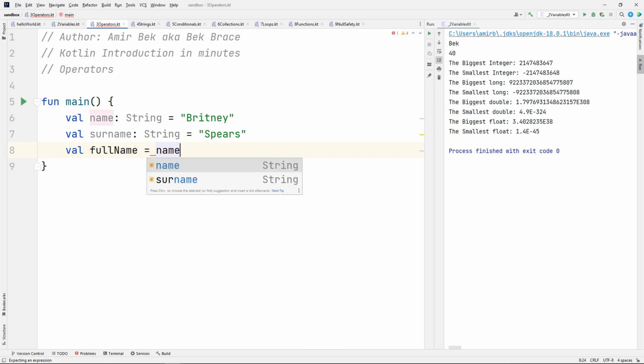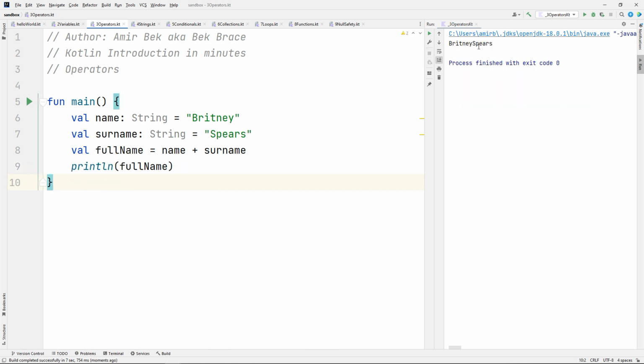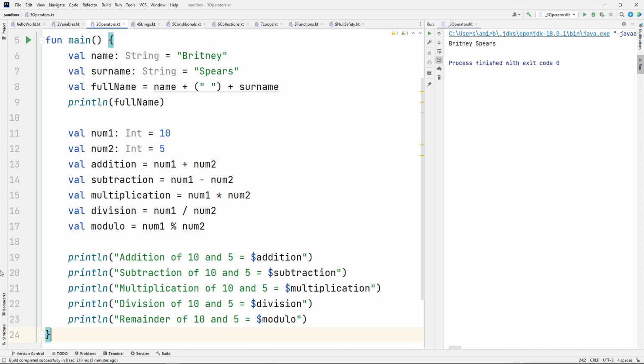and we can concatenate both name and surname together. And if I will print that, we get Britney Spears, but just one word. To fix that, we can add just an empty space. And this indeed has fixed the problem. And there are different binary operators for numbers 10 and 5. We can add, multiply, subtract, divide, or find the remainder after the division with this % sign that would be